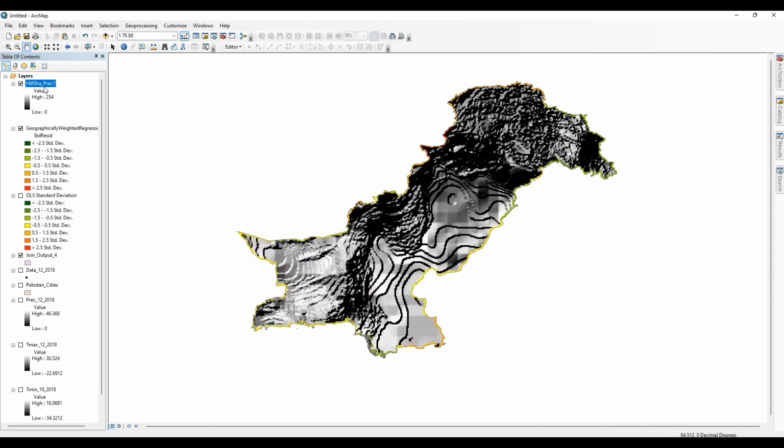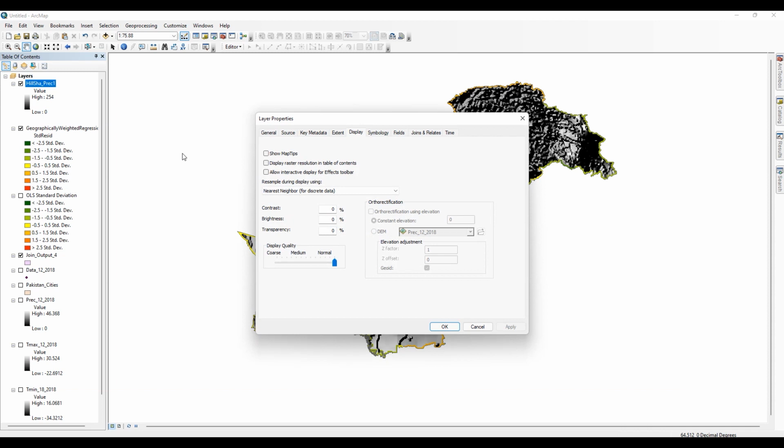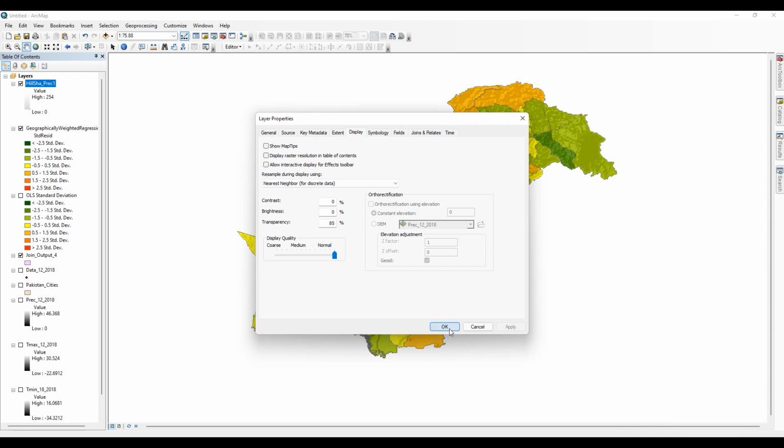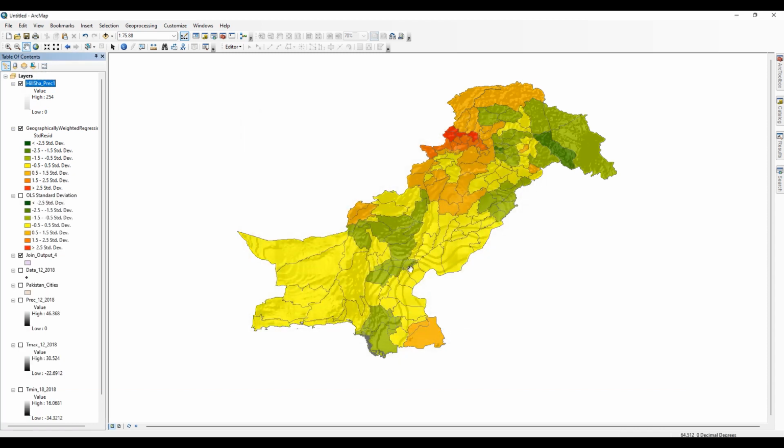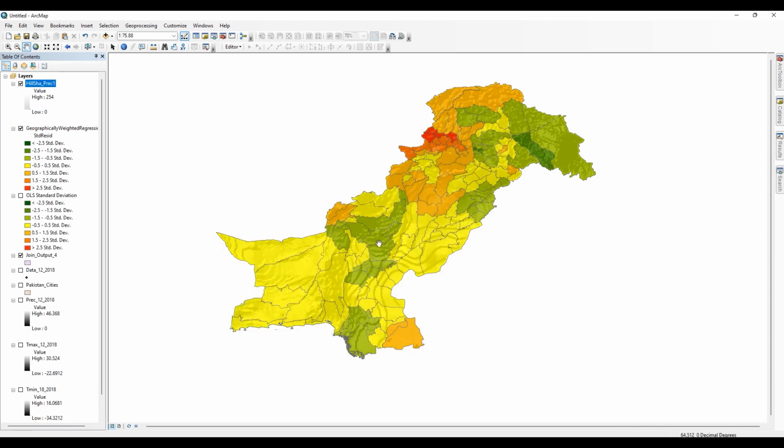Now adding the transparency to this hillshade effect. Set the transparency as 85%. Click on apply and hit OK. It gives a 3D look to this map.